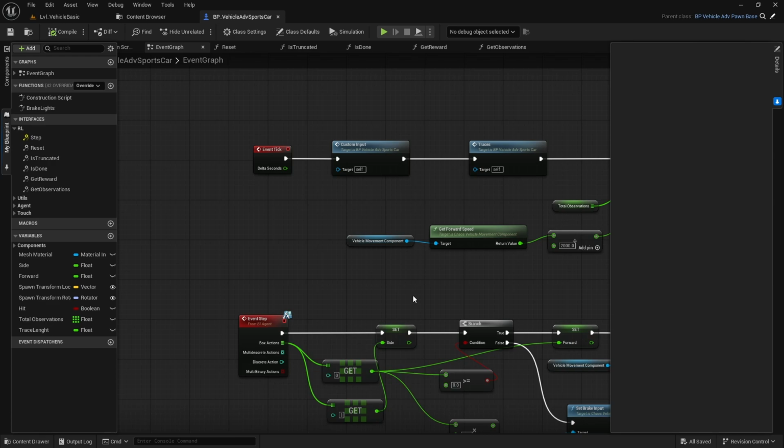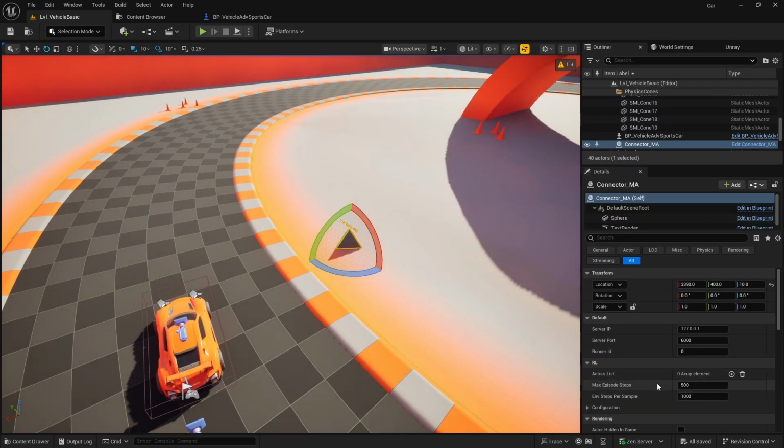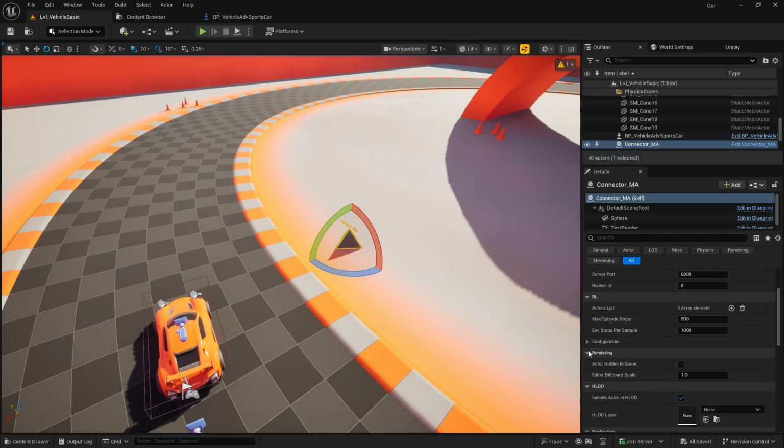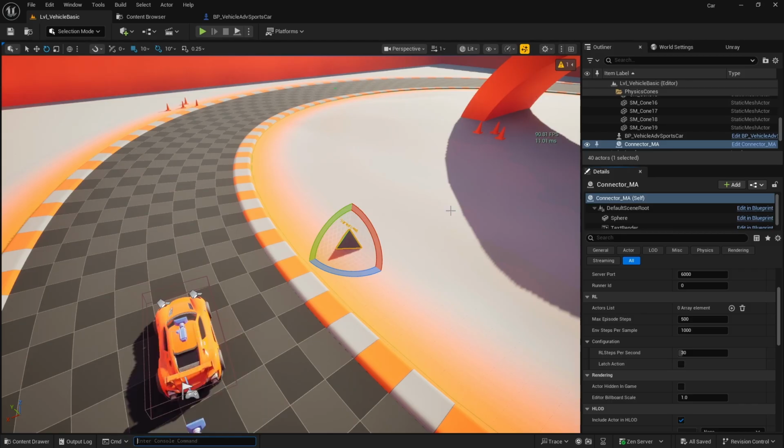That is very, very important because Unreal by default will tick 30 times per second, and the engine might be ticking